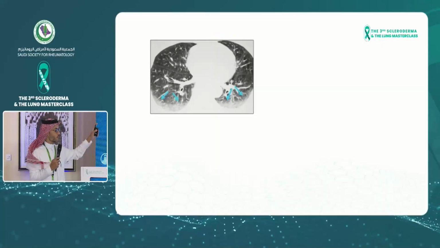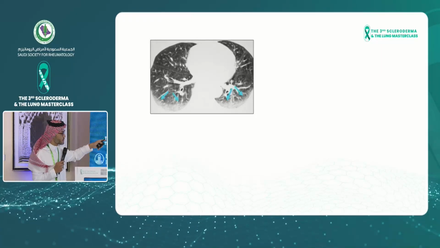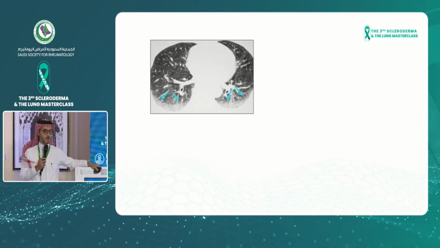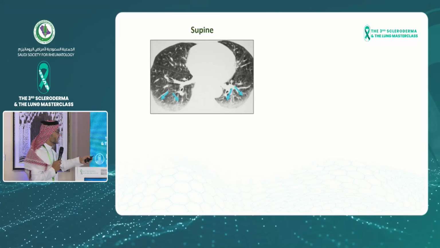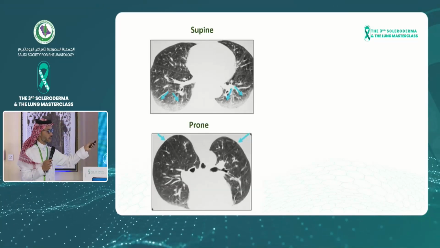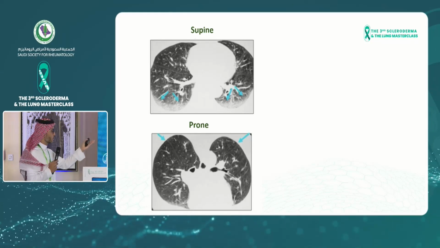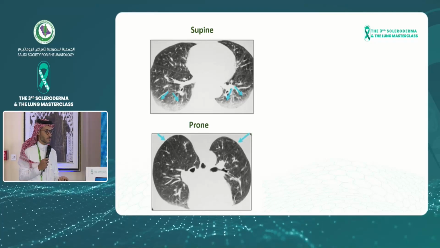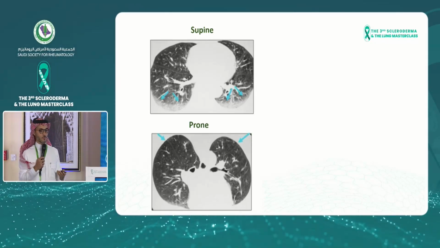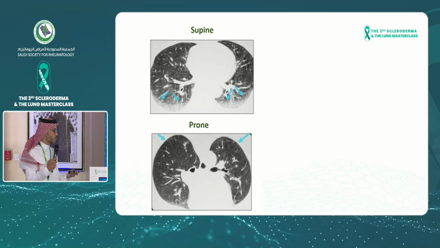An important point for my colleagues in rheumatology is how you do the CT scan. If I show you this image, you're going to say that this patient has interstitial lung disease because they have abnormalities in their dependent lung zones. However, when you prone the patient, so you flip the patient, all of those changes disappear. So this patient does not have interstitial lung disease. It's only dependent changes that we can see with HRCT, especially in obese patients.